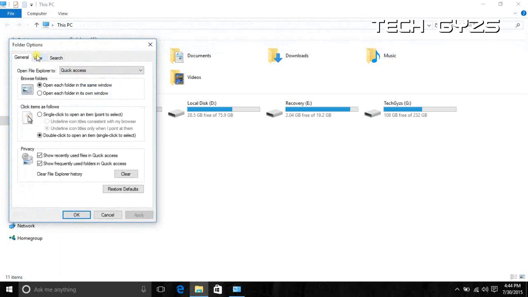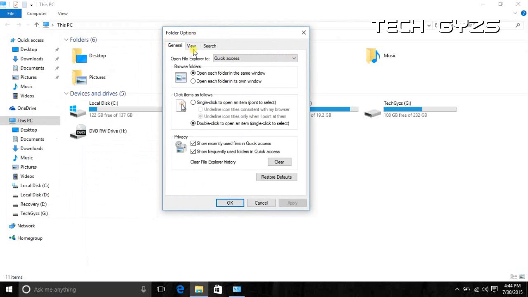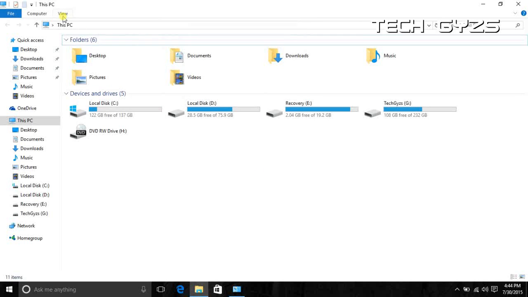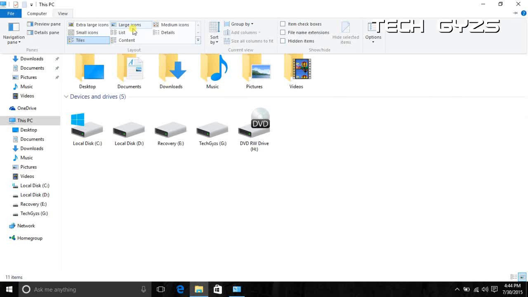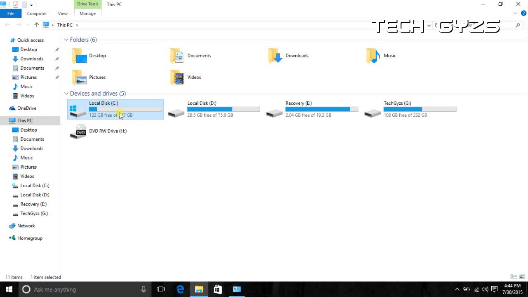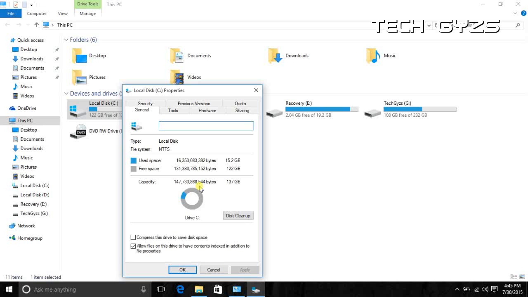So in the quick details panels, you find the my computer view. We click on the tiles, small icons, and just move the cursor over these options and it will automatically change. Like the folder options, there are no new options in the folder options, all are the previous and the same, but the design was changed.